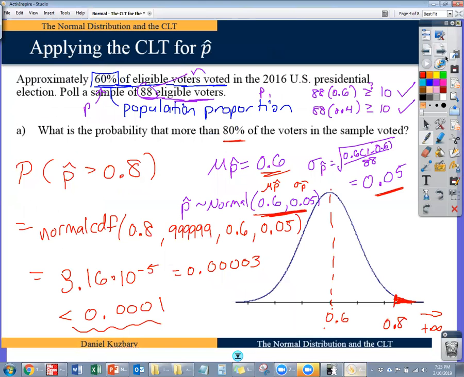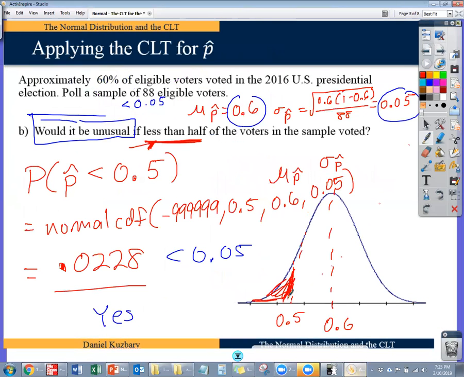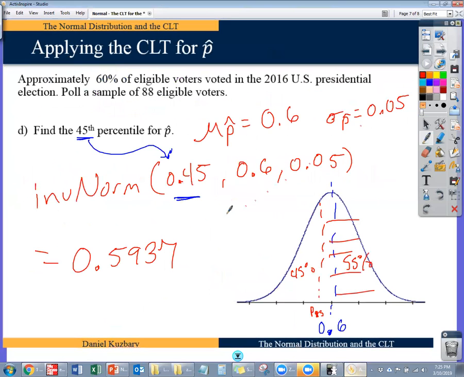But the methods of solving the problems are exactly the same. You just use normal CDF to find probabilities, and use the inverse norm to find the numbers on the number line, namely the percentiles. And then these proportion problems feel a lot like all the other normal